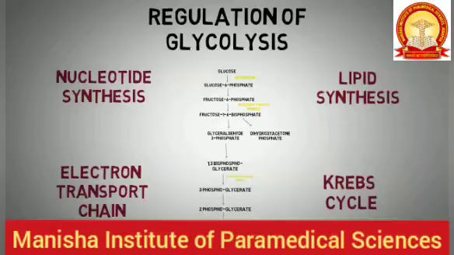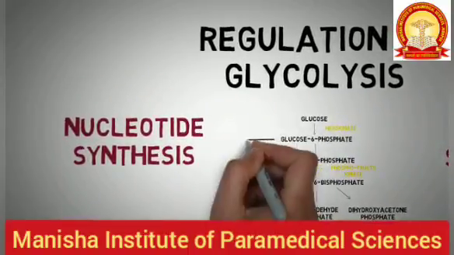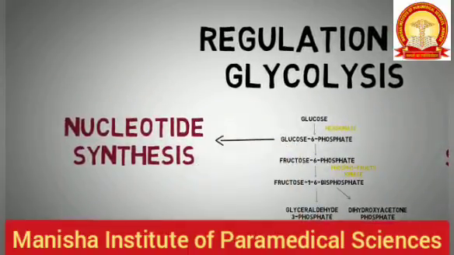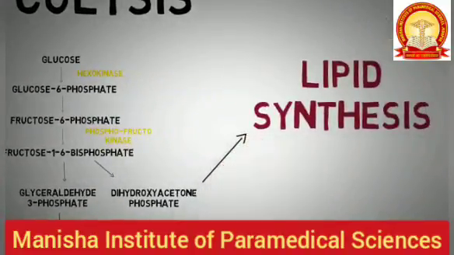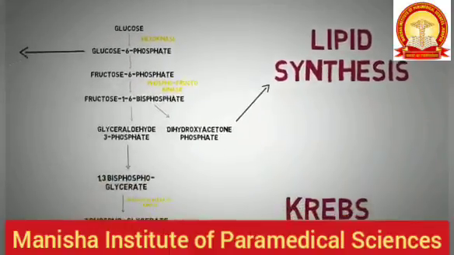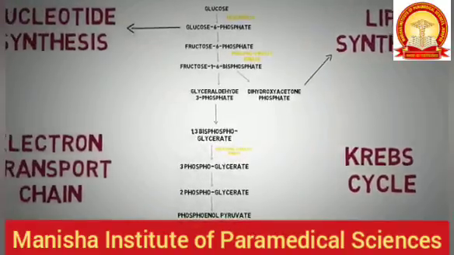So as you can see, it is not a type of pathway that starts with glucose and we get the final product in the end which has no further use. Rather, it is a pathway in which different products are produced that are used elsewhere in the body. For example, glucose 6-phosphate is used to make building blocks of DNA, the nucleotides. Dihydroxyacetone phosphate is used to make glycerol, which is a very important substance for making essential lipids in our body. Pyruvate is important for production of cholesterol and fatty acids. And glycolysis is also very important for the generation of energy.